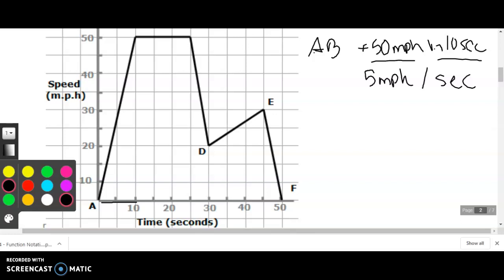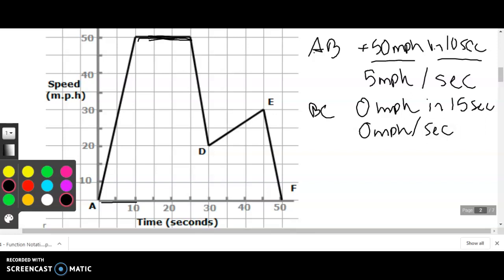So we could write that as 5 miles per hour per second, or we could say 5 miles per hour every second. Now from B to C, that's this one right here, it's changing 0 miles per hour in 15 seconds. But it doesn't matter if it were 30 seconds or 2 seconds, 0 miles per hour in 15 seconds is 0 miles per hour